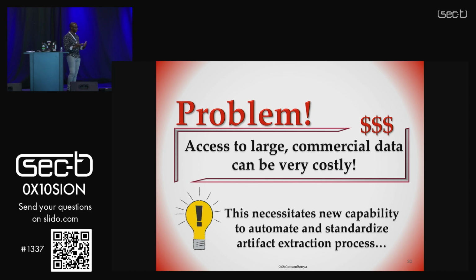Can we partner? What does it look like if I submit the samples and automate the process, so I can go back into our artificial modeling? VirusTotal came back and said access to our data costs hundreds of thousands of dollars. I don't yet have hundreds of thousands of dollars just to see your ground truth on the corpus that I have.